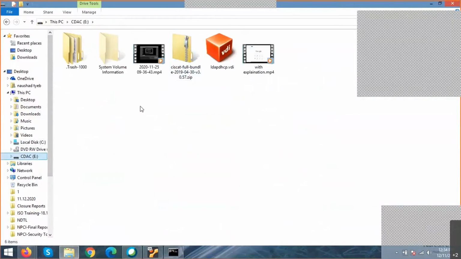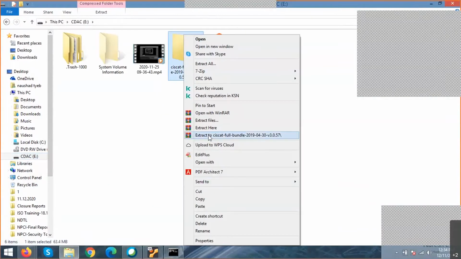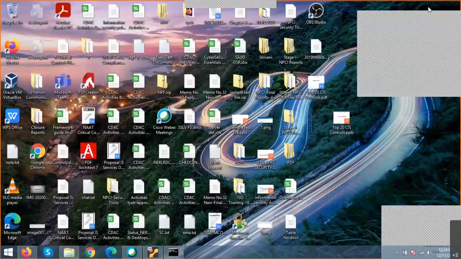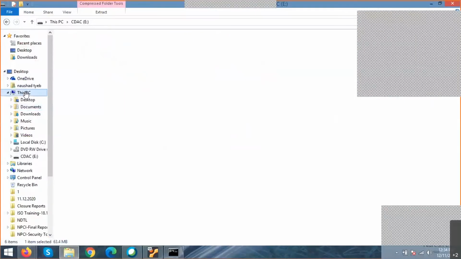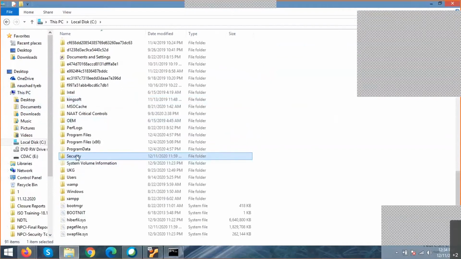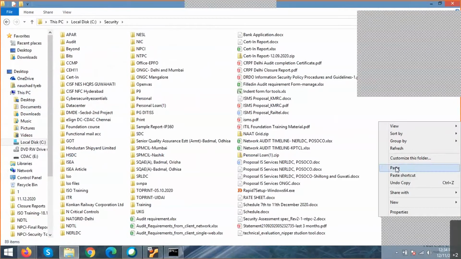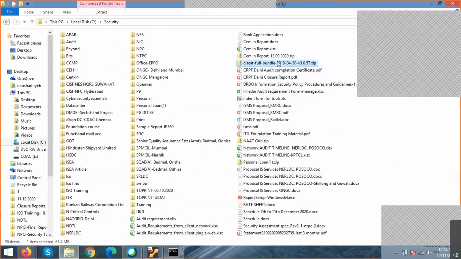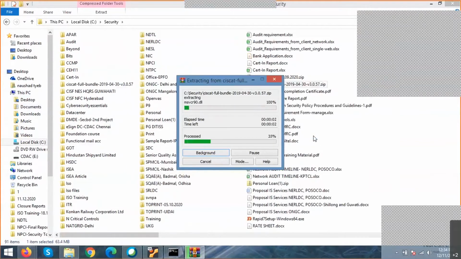Just copying this same thing onto my desktop, pasting here. So this is my zip file actually, so I'm just extracting it to a normal folder.